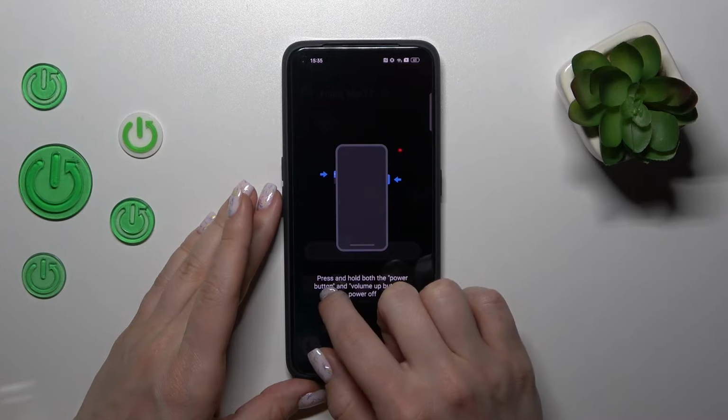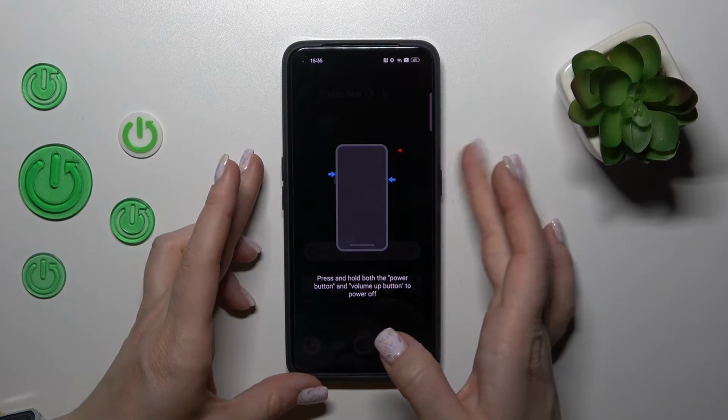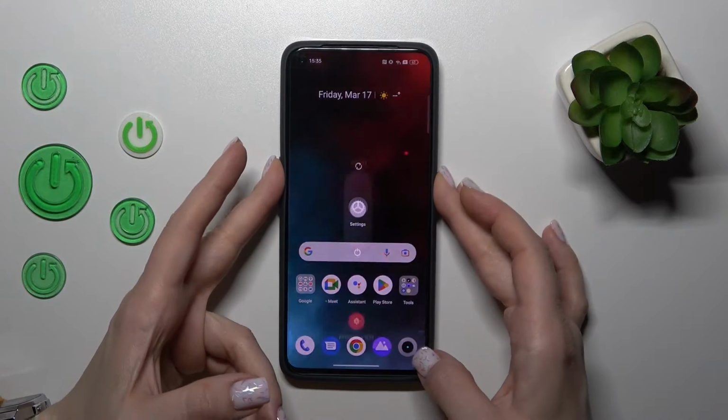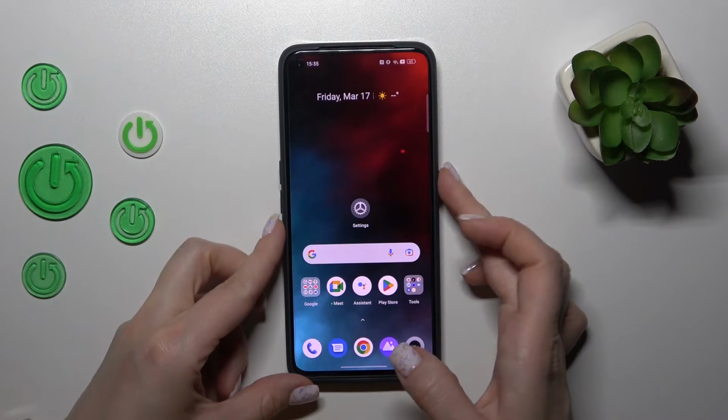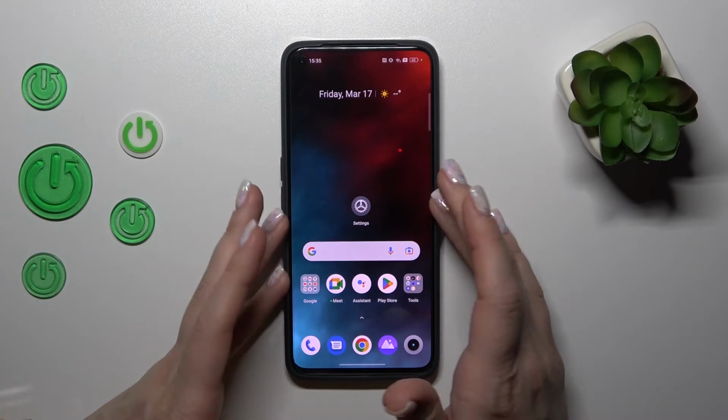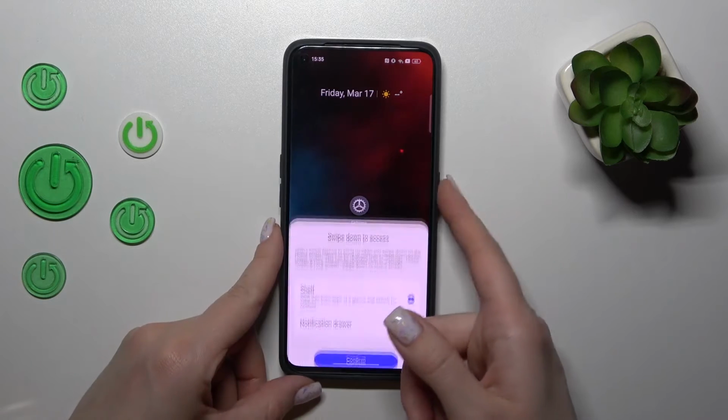Now we can see here that by pressing and holding the power button and volume up button, we can activate the power off menu. Because with the press and hold of the power key, we can use the Google Assistant, and if you want to turn off Google Assistant on press and hold of the power key